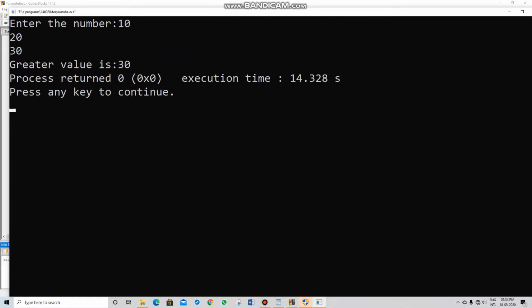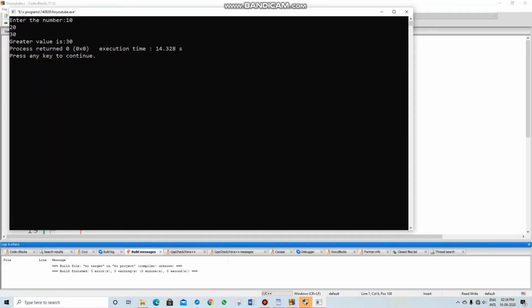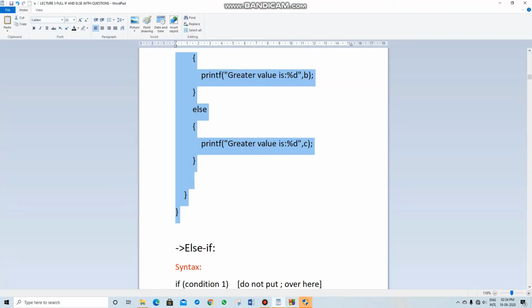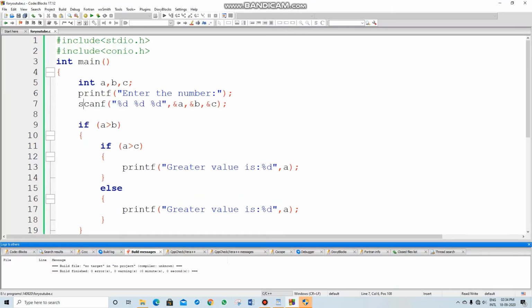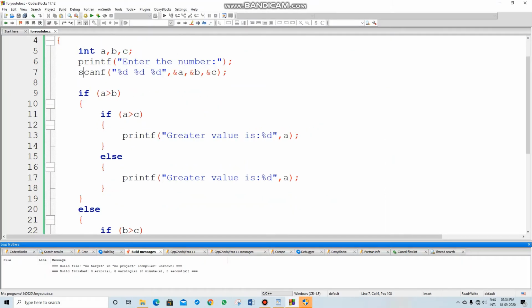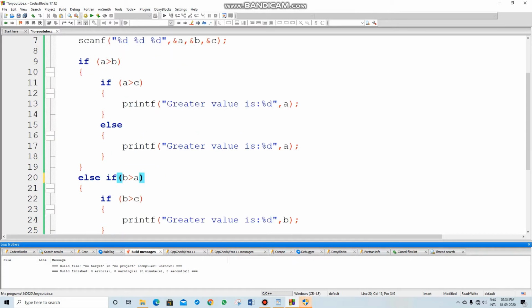See over here. Then comes our next topic, sorry. Else if means, if you want to give another condition, that if A is greater than B, and also you write else if B should be greater than A, then for writing two conditions,